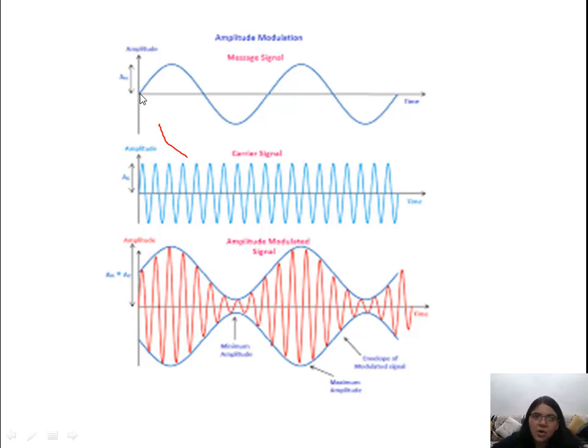Modulating signal amplitude increases, carrier amplitude increases. Modulating signal amplitude decreases, carrier amplitude decreases. So here the carrier wave has both amplitudes, plus Vc and minus Vc, and that is why we can have the envelope on both sides of it. So this is the envelope, this imaginary line that you can see, which is similar to this waveform, the amplitude modulated signal output we get.